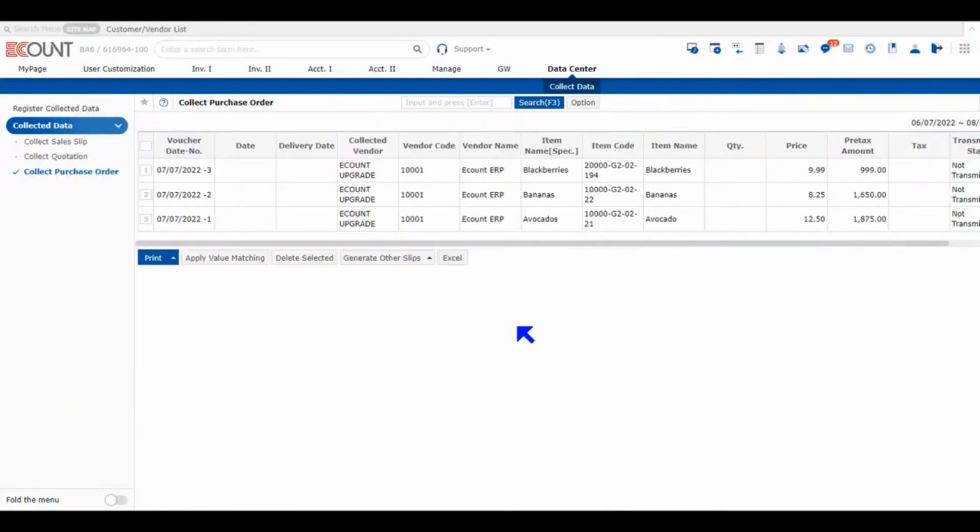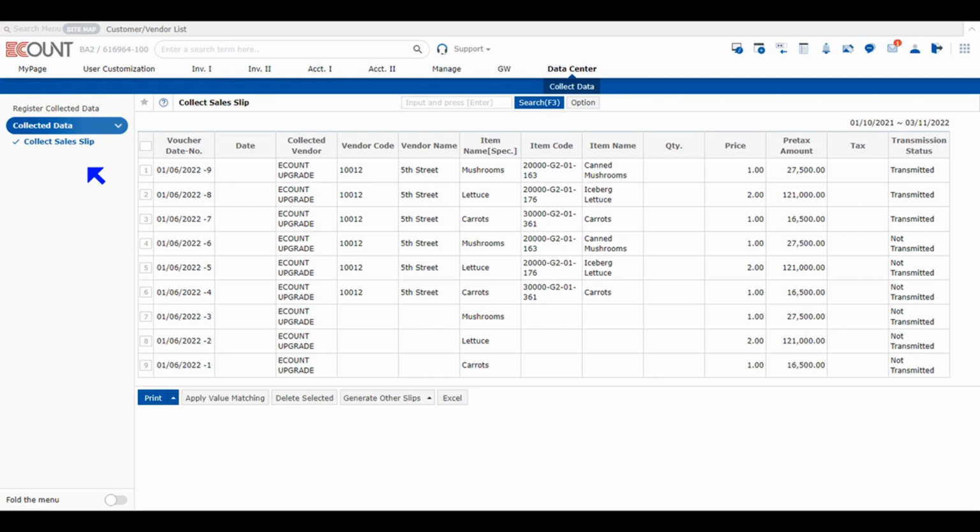Please note, quotations can also be collected in the same way, and with the collected data, you may create purchase orders or purchases. It is now possible to check whether a purchase slip has been created or not by checking